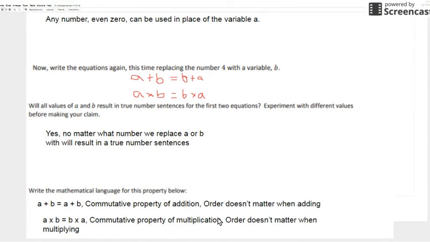When you're adding or multiplying, order, remember, does not matter. It doesn't matter which order you multiply them. All that matters is what numbers you're actually multiplying together. Whether it's 2 times 3 or 3 times 2, order doesn't matter. All right, so that's the last property, and this one you're going to see quite often, the commutative properties. So that's one you really need to remember moving forward. All right, so go ahead and stop the video and go